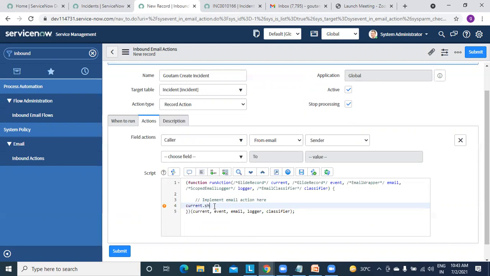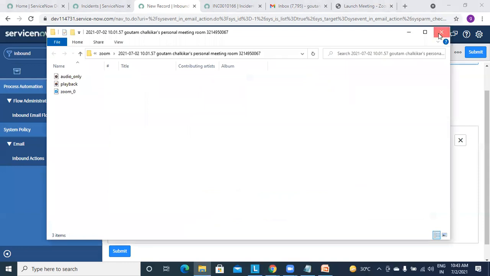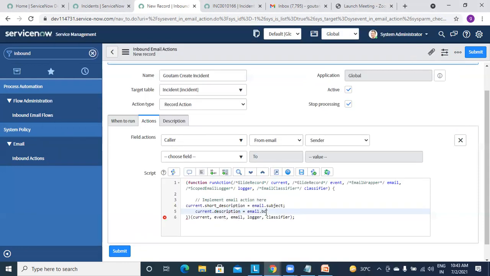dot short underscore description is equal to email dot subject. Okay, then current dot description is equal to email dot body underscore text.